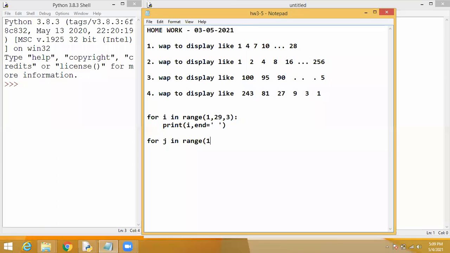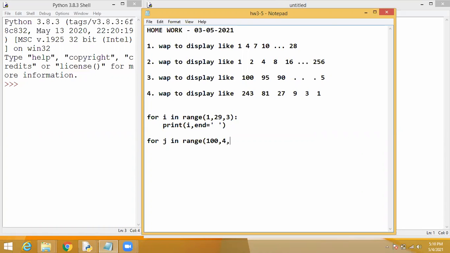So what is the starting value? 100. Very good. Then what is the ending value? We need 5, so what should we give? 4, 4, 3, 0. Up to 0 you can give. Not only 0, you can give 4 also. If 5 is needed, you increase one.